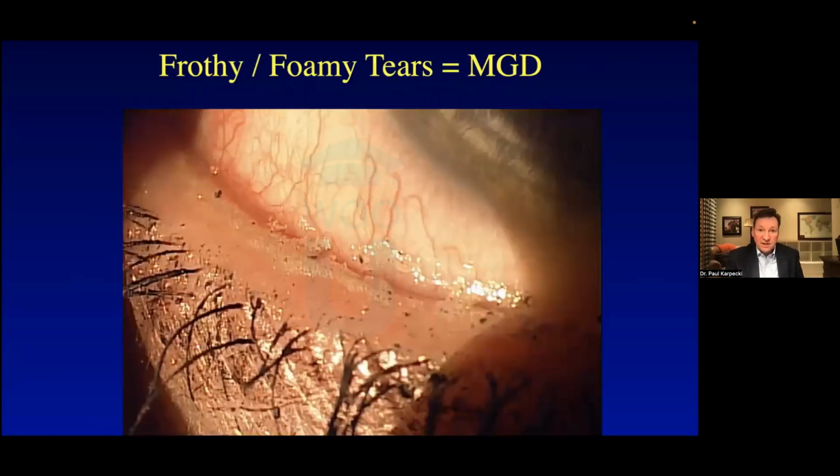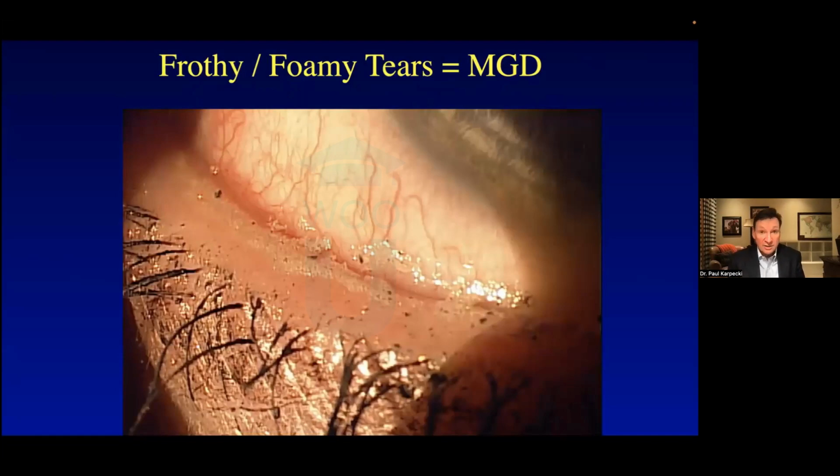That's the beginning. If you see something like frothy tear film, what a wonderful indicator for meibomian gland dysfunction. In fact, it's an automatic diagnosis. There's nothing else that I know of that does this. And the reason why you get this frothiness is because you've got bad lipids, and they react with the enzymes that are in bacteria, which is called a biofilm or early blepharitis. And that reaction causes what's called saponification. And yep, you got it, soap in the eye. And that's why you see frothy tear film.